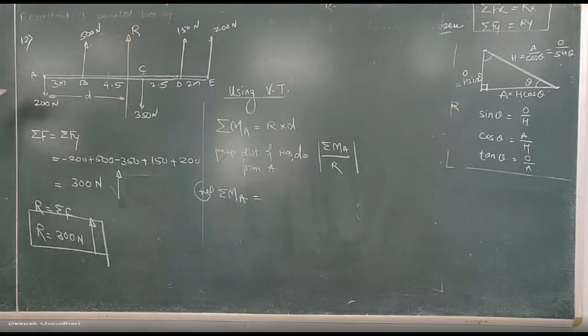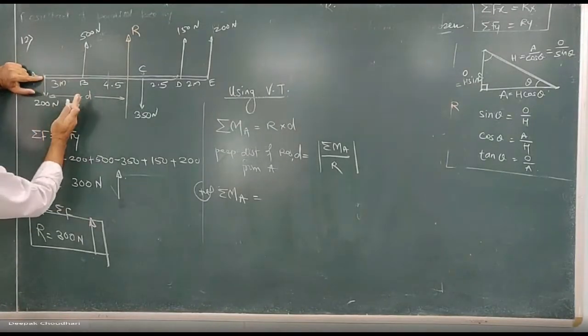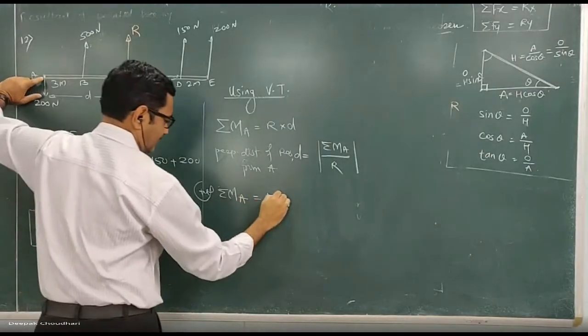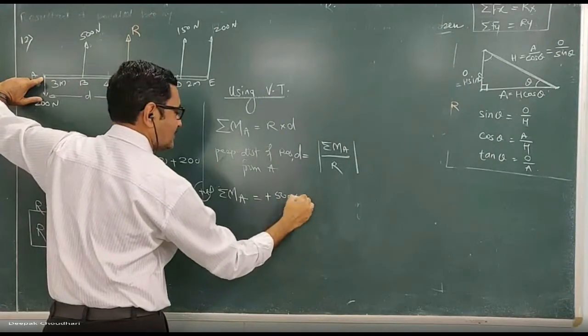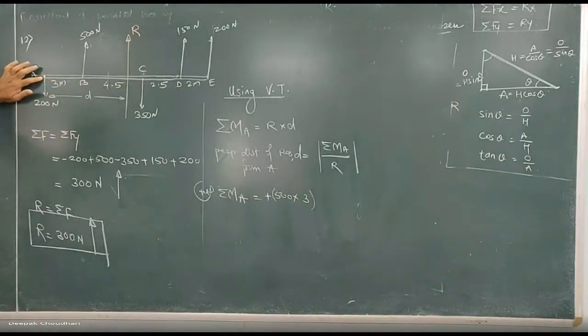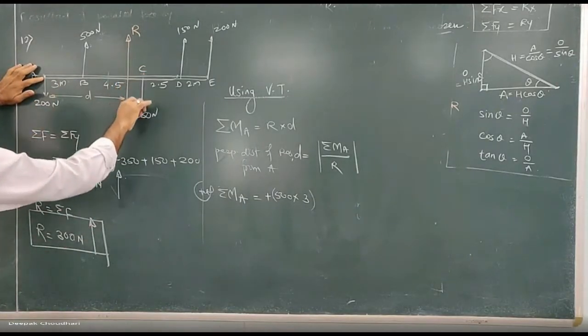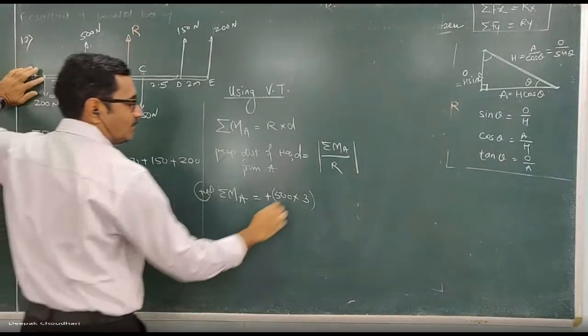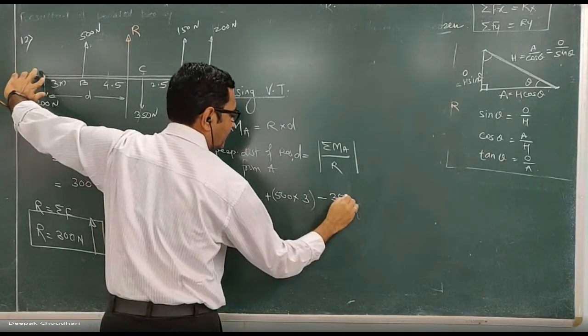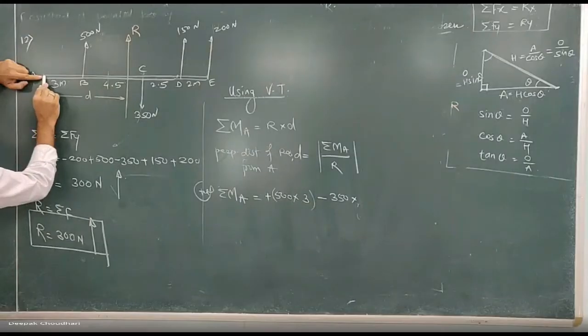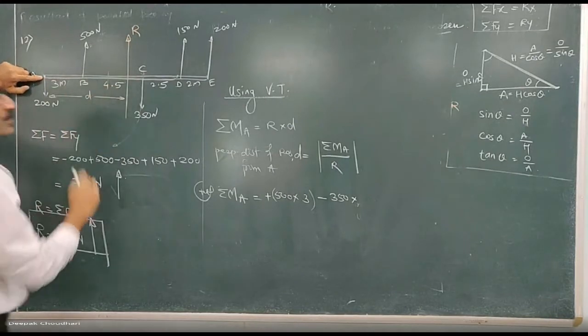Okay. Then what is the moment of this 500 Newton force about point A? Clockwise or anti-clockwise? It is anti-clockwise. So according to our sign convention, it is plus. Force is 500 into perpendicular distance 3. This is the moment of the first force, right? What is the moment of the 350 Newton force about point A? Moving the direction of the force, it turns toward the moment center, so it is clockwise. According to our sign convention, it is minus. It is 350 into the perpendicular distance from A, which is the full distance. So 3 plus 4.5, it is 7.5.